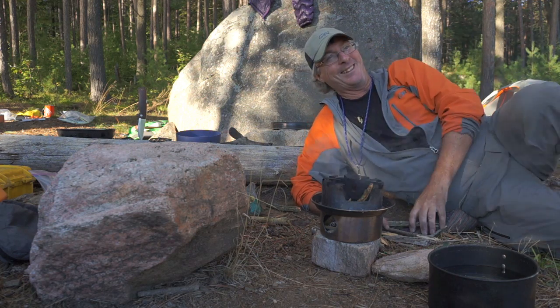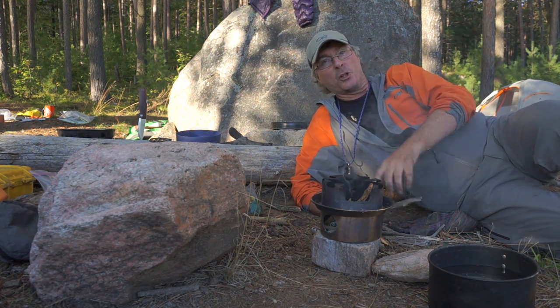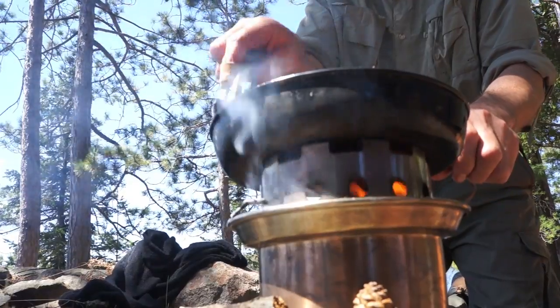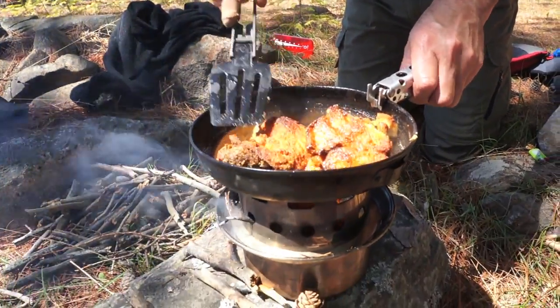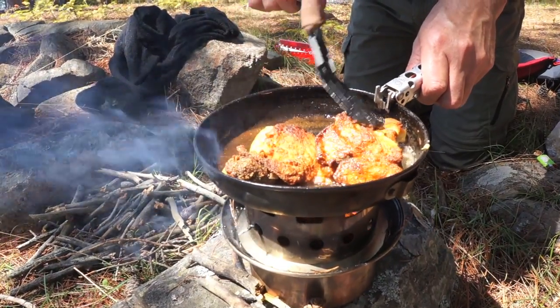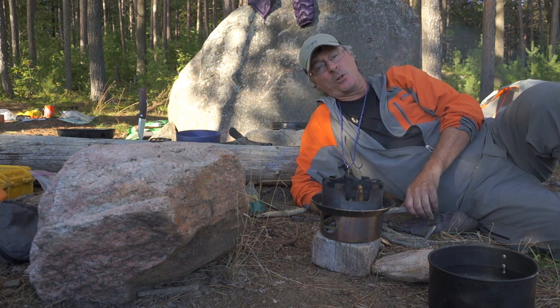It's late. It's mid-September. It's getting cold, but I do have my hobo stove, and I'm loving this thing. I'm more of a gas stove kind of person. I've been slowly switching over to stick stoves. I started off with the Kelly Kettle stove, really liked it, and was really excited when Kelly Kettle came out with a hobo stove,